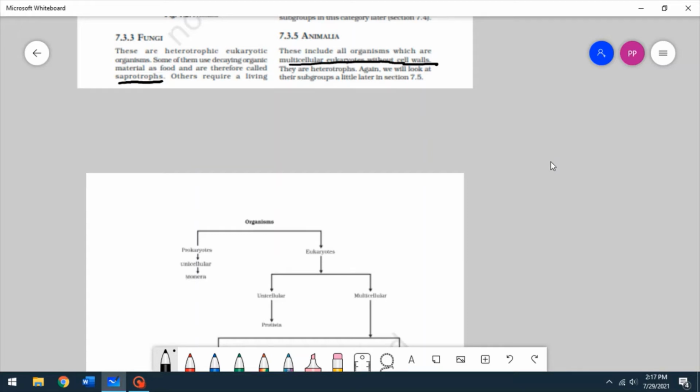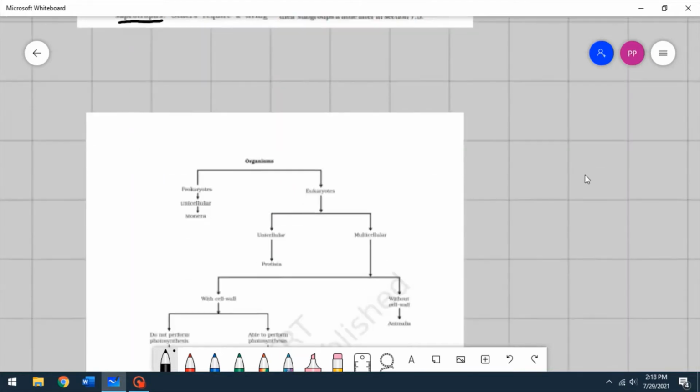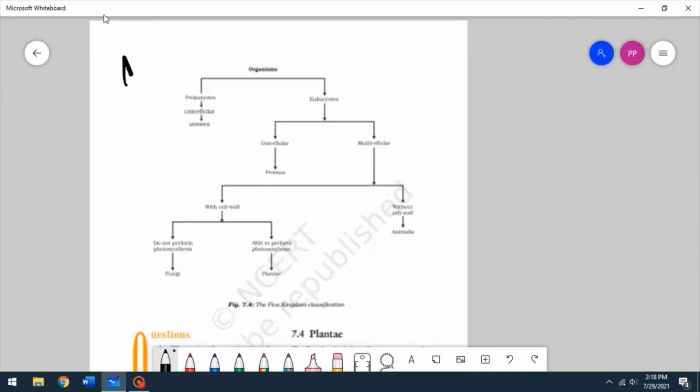Alright, you're not making the corn that you're using for some other dish. You're just harvesting the corn from plants. And where did the corn come from for the plants? They prepared it by themselves. That is why they are called autotrophs and we are called heterotrophs, because we are consuming the corn that the plants made and we are making it edible for us. That's it. We are not making our own food. Alright, so even for Animalia, we will look at their subgroups later. Alright, so this is a very important